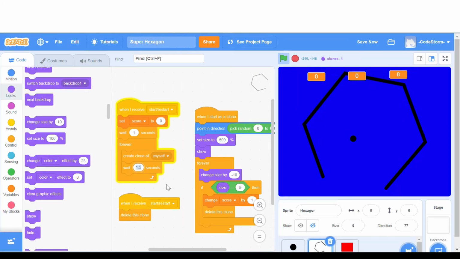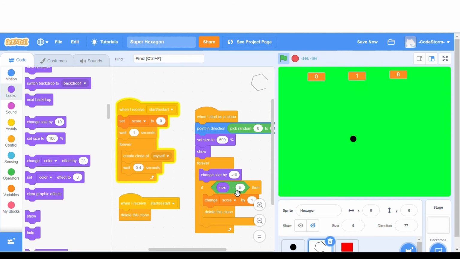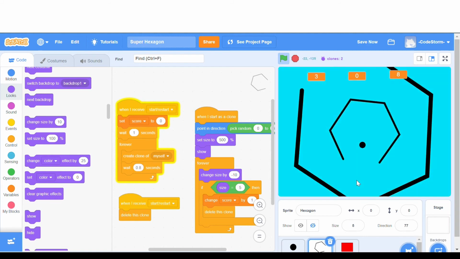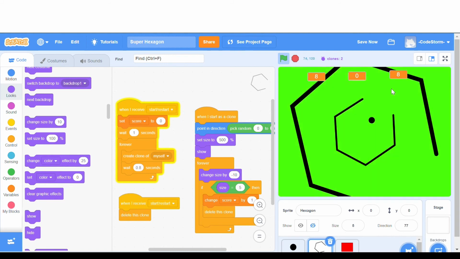So let's say it'll wait 0.4 seconds. And you can see that's much too difficult, so let's do 0.8, let's just double that. So now you can see the game is much more difficult, and you have to actually try to play it,